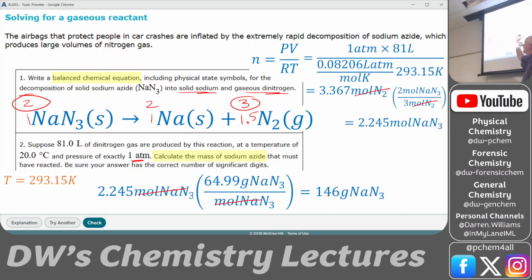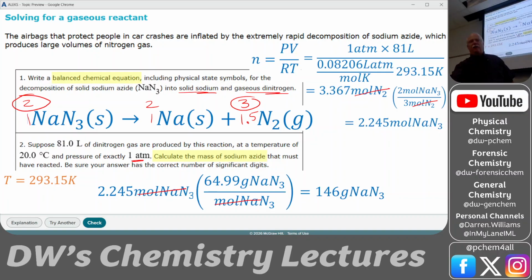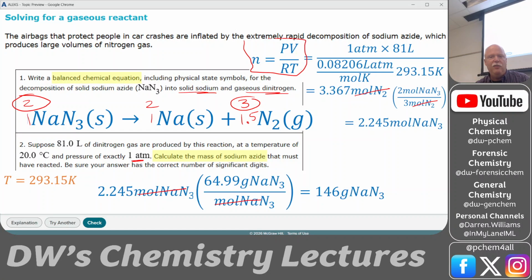Notice when you're given things like, oh, okay, 81 liters, and you get a temperature, and you got an atmosphere. These are all signals for what? The ideal gas law. Yeah, so you're like, oh, okay, I've got to use the ideal gas law in some way. But it doesn't tell you how to use it, but then it asks for the mass of sodium azide. And you're like, well, I need an amount to get a mass, and an amount is a mole, is the number of moles. So you're going to go right up here and take PV equals nRT